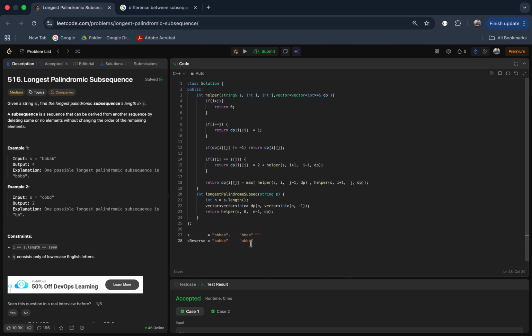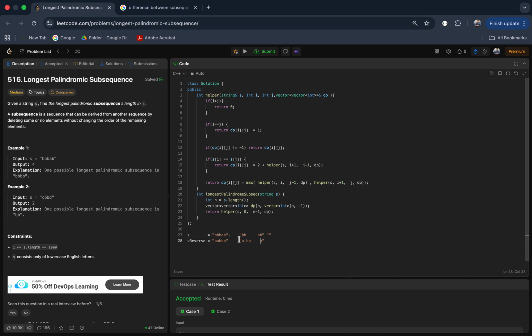So like that, if we do this for many subproblems, if we delete the A from here, then we will be left with BBB. So this BB and this BB will be done, meaning that will be matching. So at the end, for some hypothetical subproblem I am taking care of,